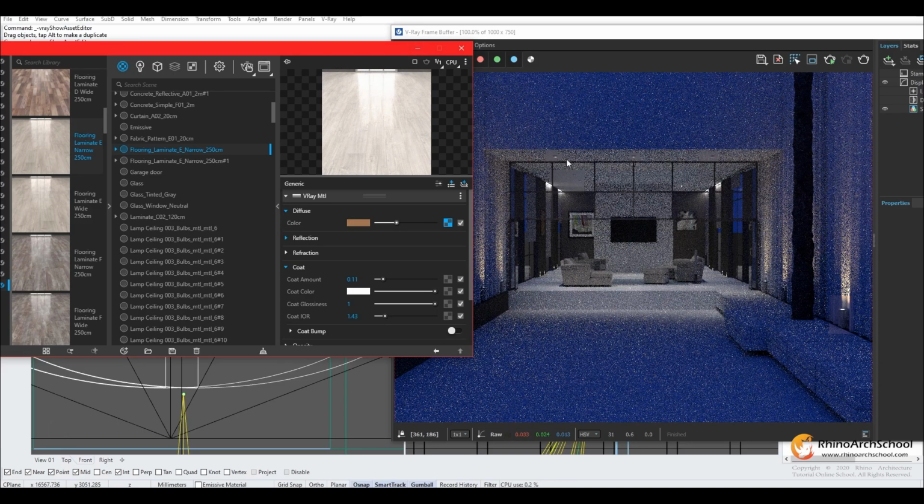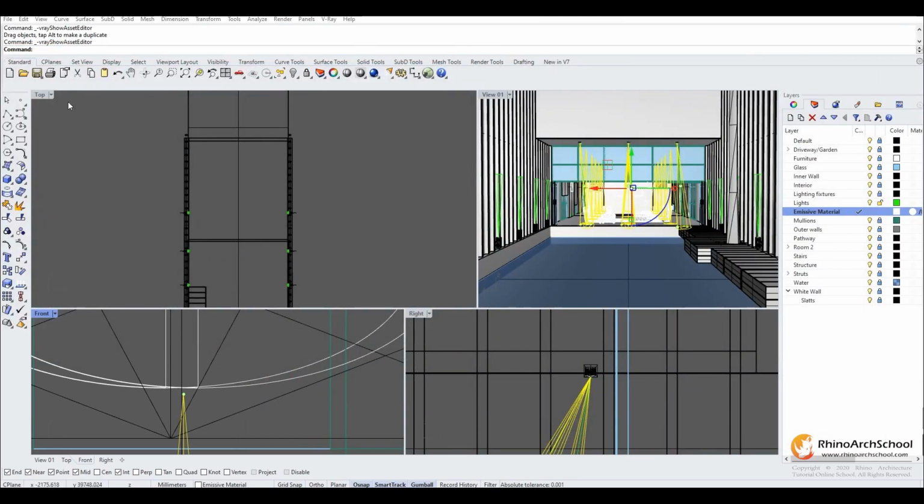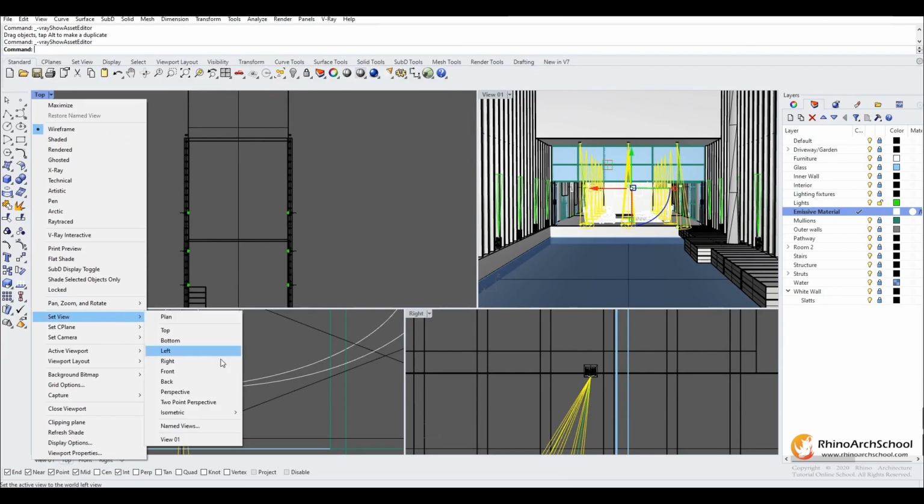Some of the trim materials I've already set on this document. So we just want all the walls to be white. I'll show you how to do the furniture as well, because this is done using a special feature that's on V-Ray Next. So for the majority of the furniture,